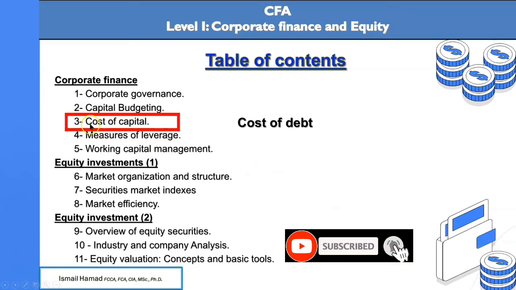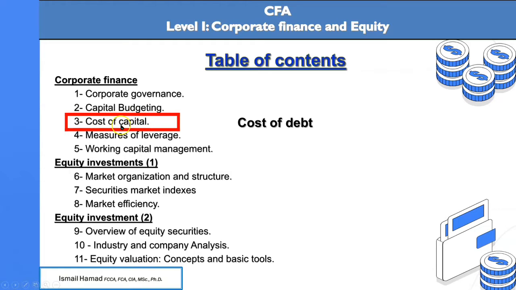When it comes to cost of capital, we will look into two items. The first, the impact of cost of capital on capital budgeting: how many investment opportunities are available to us? That is the relationship between the cost of capital of a company and the level of budgeting for capital investment. And then we will look into the impact of cost of capital on the security valuation of the company.